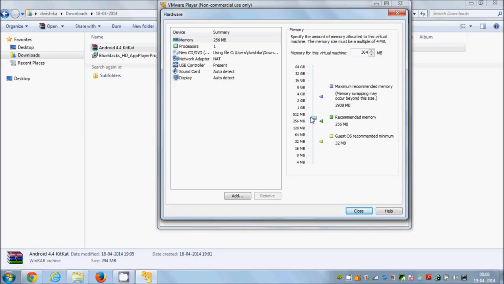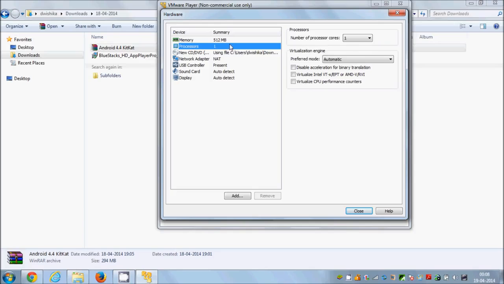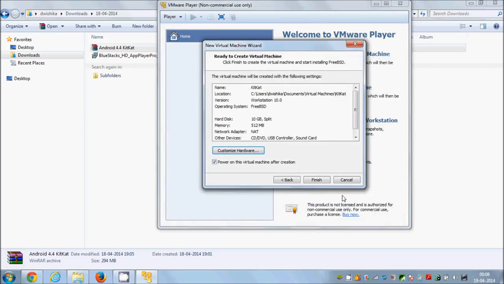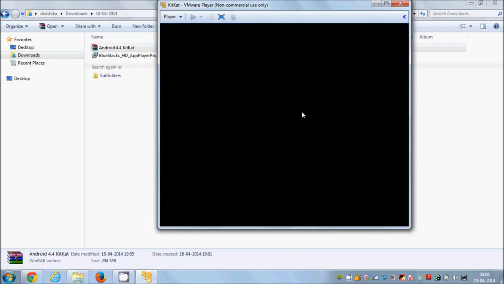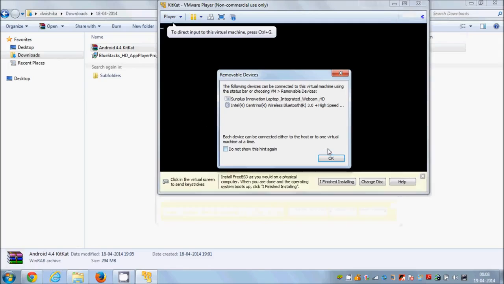I can increase it to 512 MB, and processor I'm using right now is 1, but you can choose up to 16 processors depending upon your device, right? And once you are done with the hardware configuration, just close it and click finish,